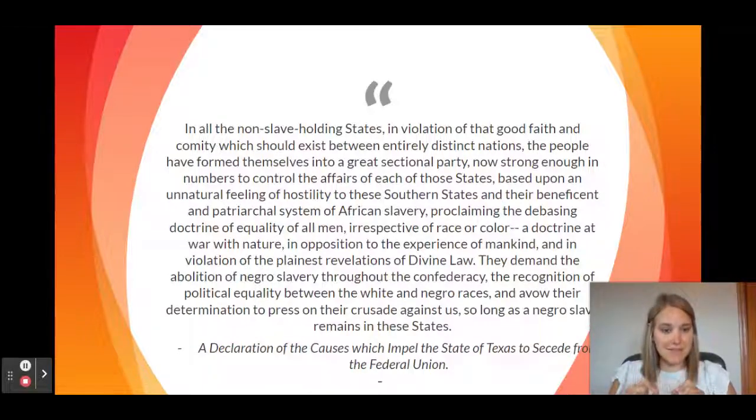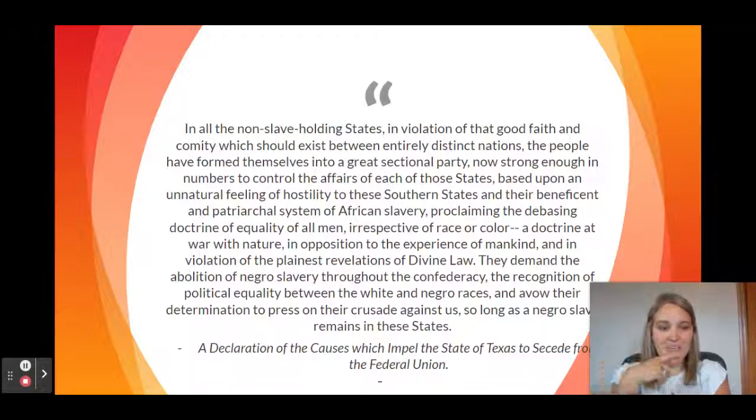So Texas, this is what Texas is saying about why they are seceding. In all the non-slaveholding states, in violation of that good faith and comity, which should exist between entirely distinct nations, the people have formed themselves into a great sectional party, now strong enough in numbers to control the affairs of each of those states, based upon an unnatural feeling of hostility to these southern states and their beneficent and patriarchal system of African slavery, proclaiming the debasing doctrine of equality of all men, irrespective of race or color, a doctrine at war with nature, in opposition to the experience of mankind, and in violation of the plainest